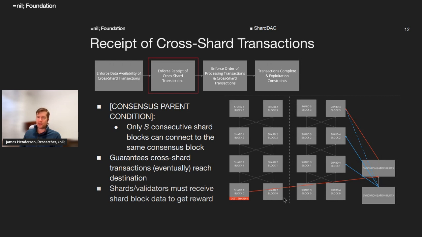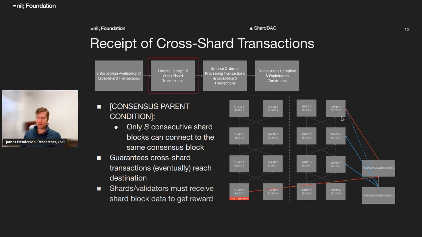And so you can potentially have a situation here where, let's say you have a cross-shard transaction in red here at the bottom left that needs to reach shard 4 in order to be processed. But without having any DAG edges between these two sets of shards, the cross-shard transaction at the bottom never has to get acknowledged by shard 4, where it needs to be processed, and therefore it never enters this ShardDAG ordering system, and it doesn't get processed. So I think it's unlikely to happen, but we want to have a rule that forces shards to eventually always